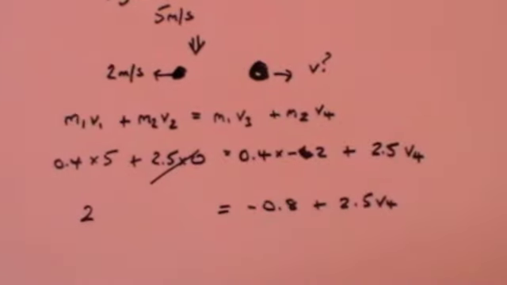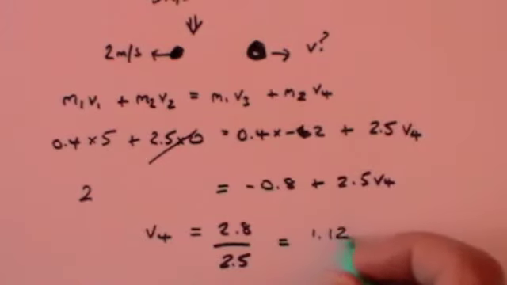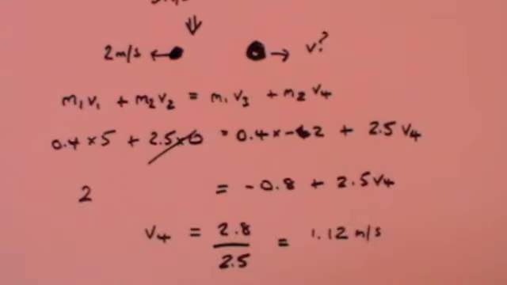I can leave it to you to do the calculation from that, but that will give you that v4 is equal to 2.8 divided by 2.5, and that equals 1.12 meters per second. So the velocity of the large ball after the collision will be 1.12 meters per second